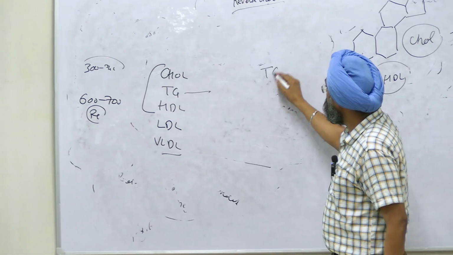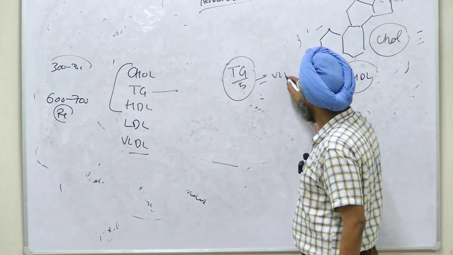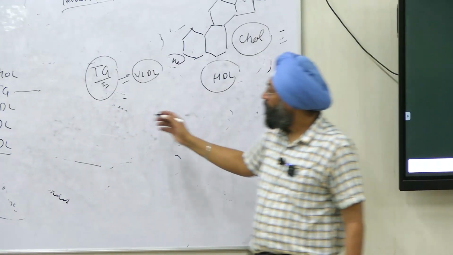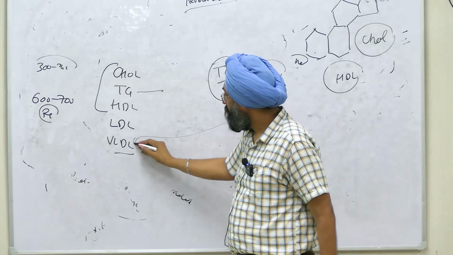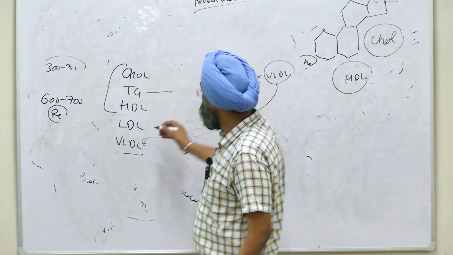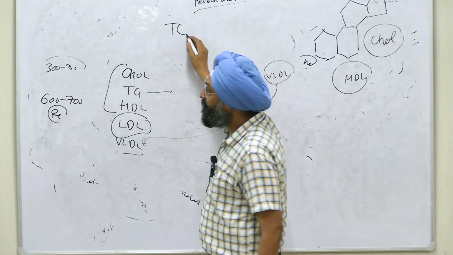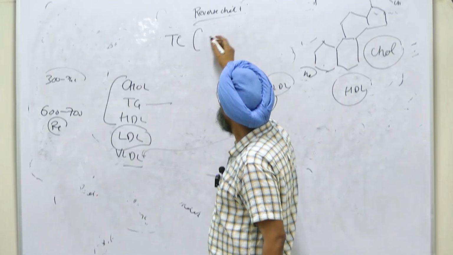When you divide TG by 5, you will get the VLDL, very low density lipoprotein. So you have the values of TG. When you divide by 5, you will get the VLDL. It is a calculated value, right? And how will you calculate LDL, right? Total cholesterol is there,